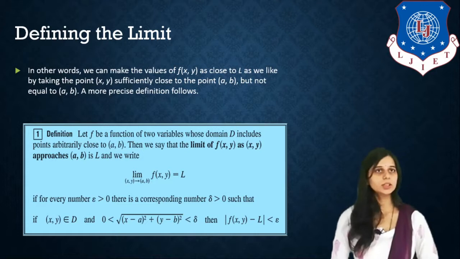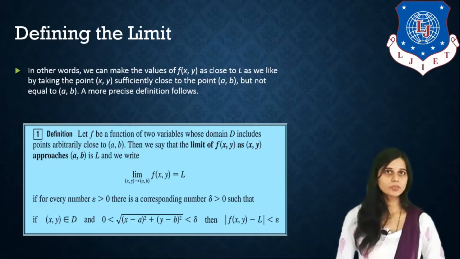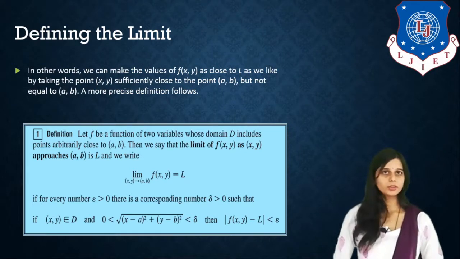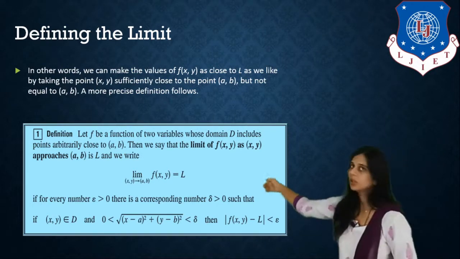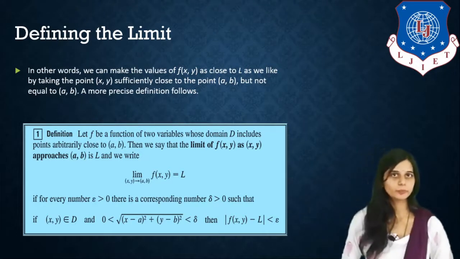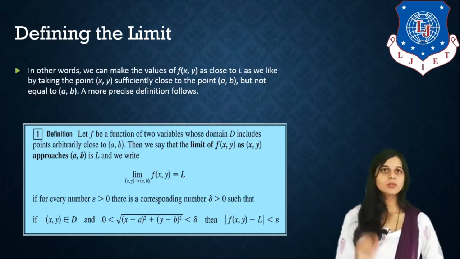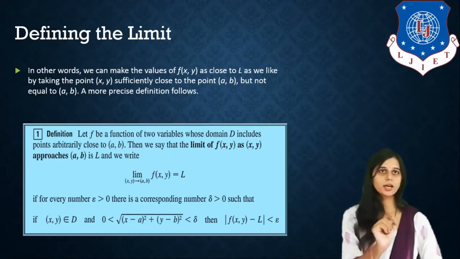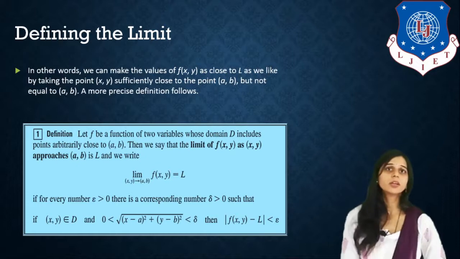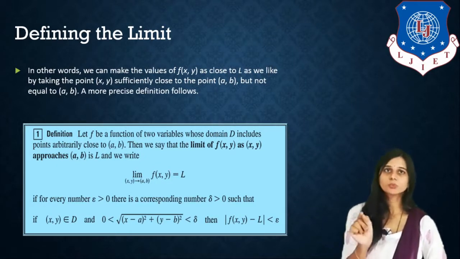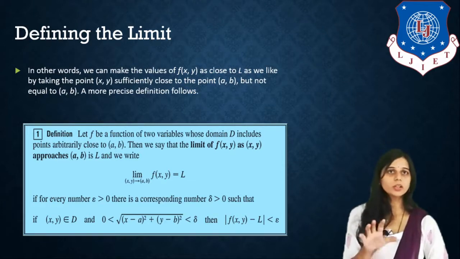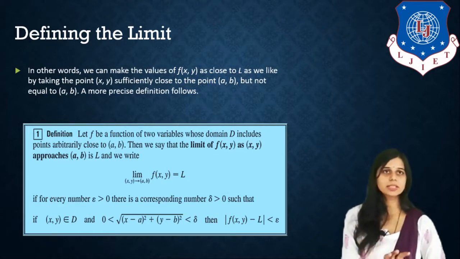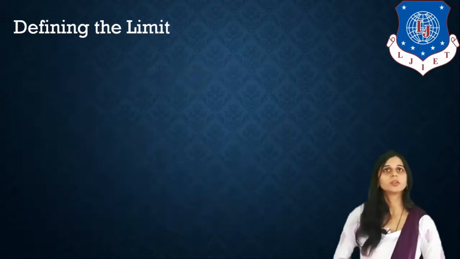Then we say that the limit of f(x, y) as (x, y) approaches (a, b) is L, and we write limit as (x, y) tends to (a, b) of f(x, y) equals L, if for every number epsilon greater than 0, there is a corresponding number delta greater than 0, such that (x, y) belongs to D